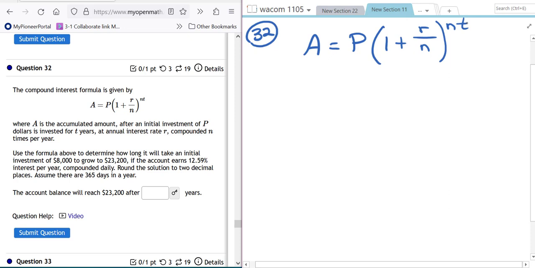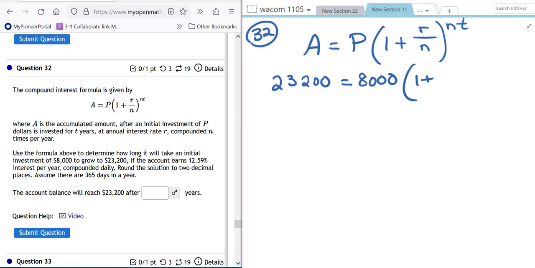All right, so we're going to plug in. It says use this formula to determine how long it will take an initial investment of $8,000 to grow to $23,200. We're solving for T. This one is going to be a solve, not just a plug in. So the accumulated amount would be the $23,200. The original is $8,000. 1 plus your rate, 12.59%. You have to switch it to a decimal. Drop the percent and go 2 places to the left. So 0.1259